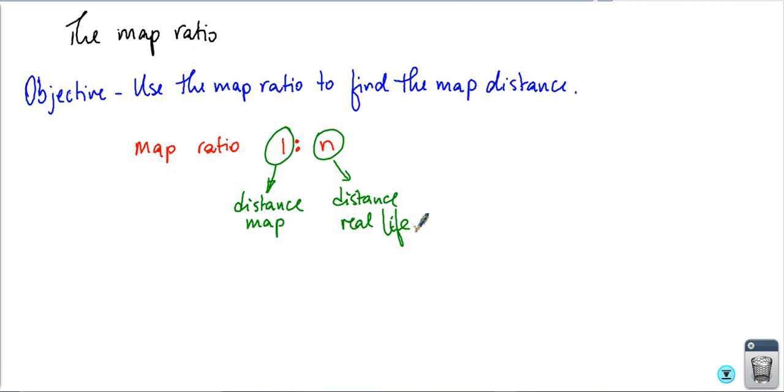Now we're going to have the distance in real life, and in this lesson we're going to learn how to find the distance on the map. So let's start immediately by using an example, and we'll explain from there. So we have